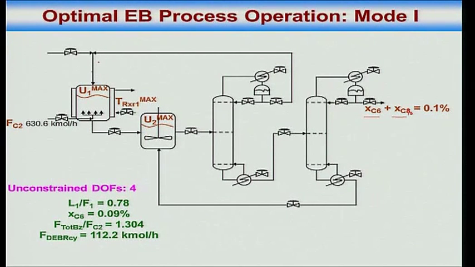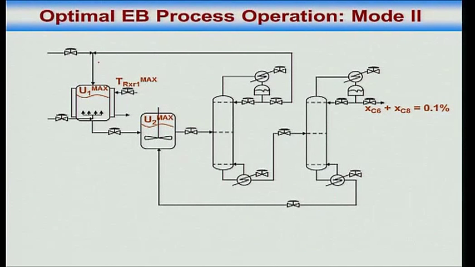Okay. Now mode 1 is design throughput. I want to go to maximum throughput. So at maximum throughput, well, FC2 is not specified, it is whatever it is. It's a dependent variable. It's actually a design variable. The other 4 constraints are active, and what happens is these constraints become active.